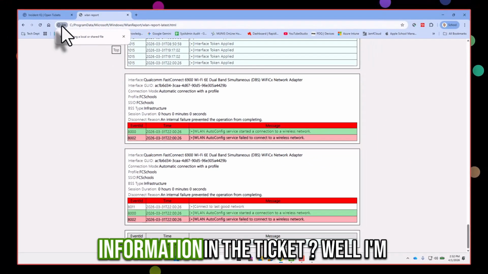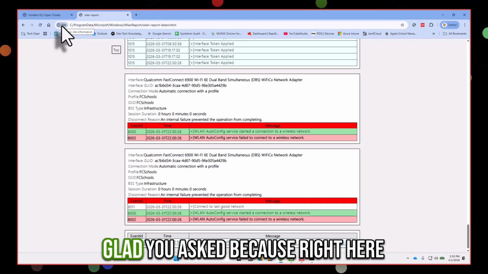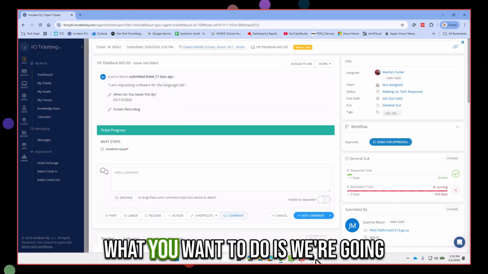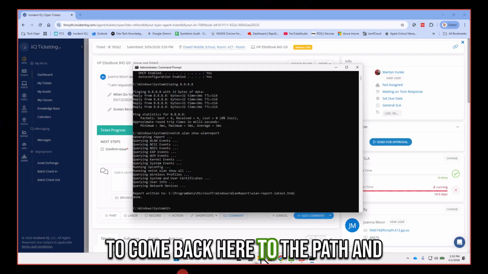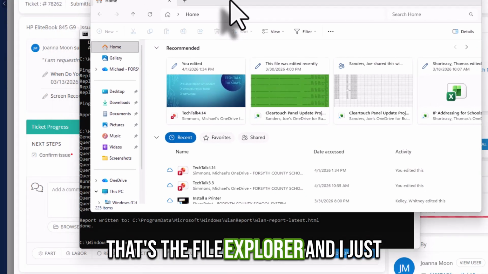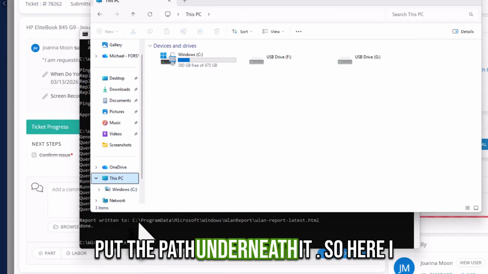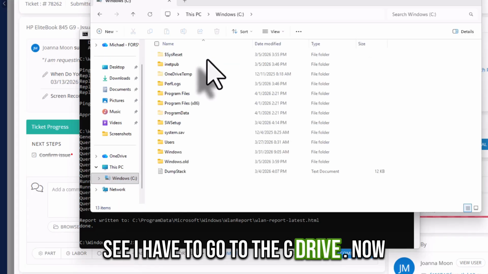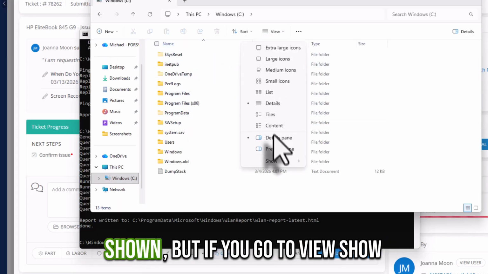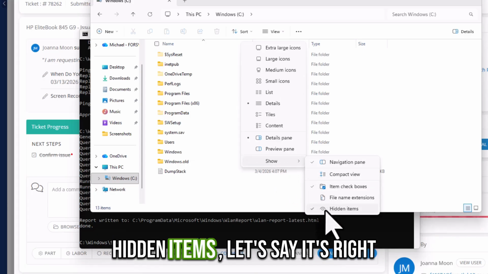But how do you get the information in the ticket? Well, I'm glad you asked, because right here it's just a web page. All right, so what you want to do is we're going to come back here to the path, and then I'm going to pull up File Explorer. So you hit the little icon that's the File Explorer, and I just put the path underneath it. So here I see I've got to go to the C drive. Now, I already have my hidden files being shown, but if you go to View, Show, Hidden Items,